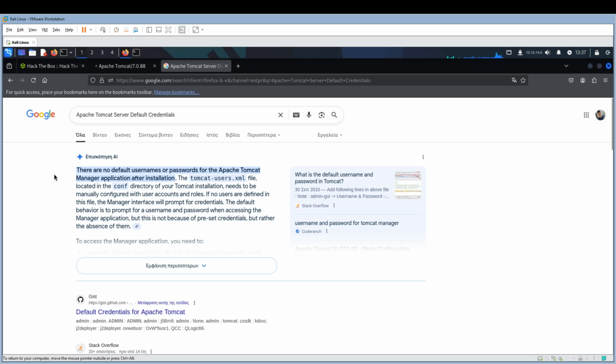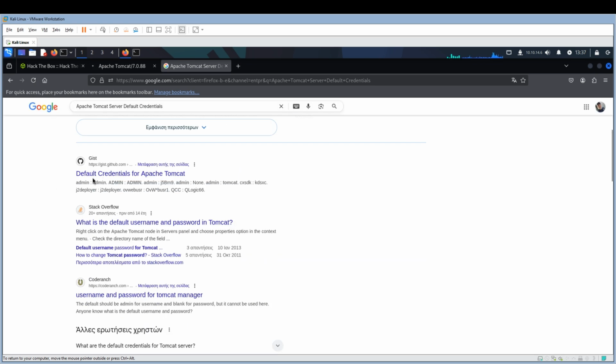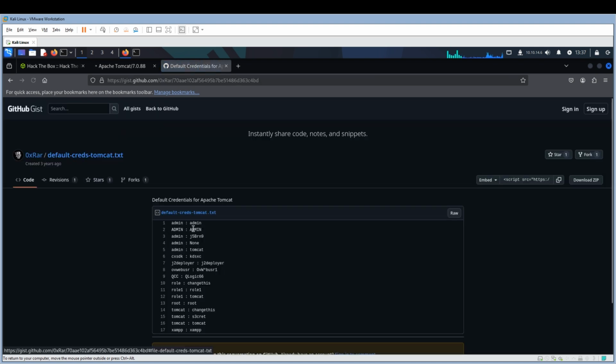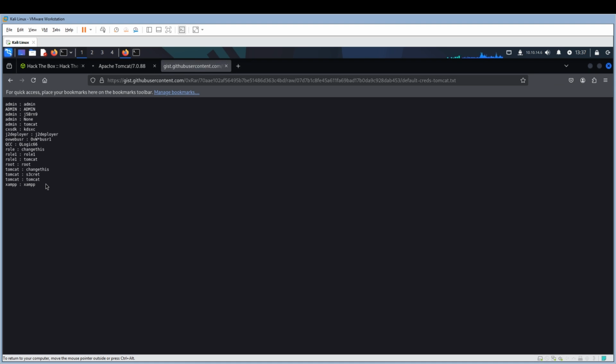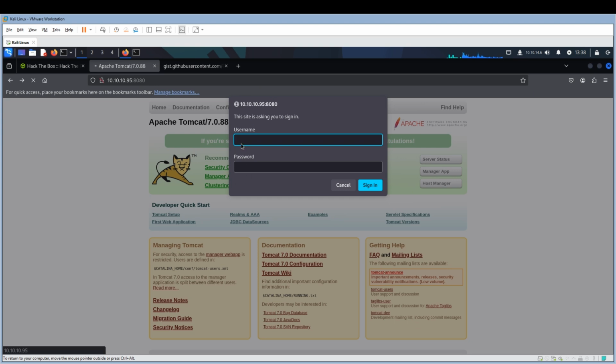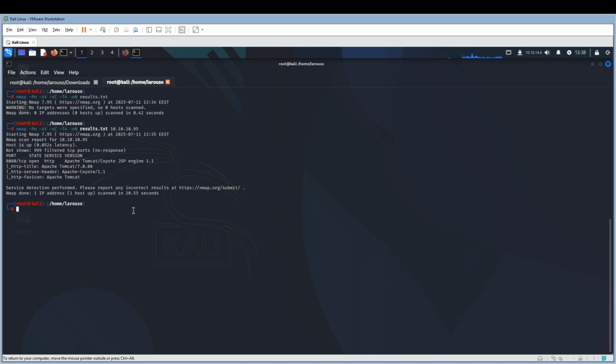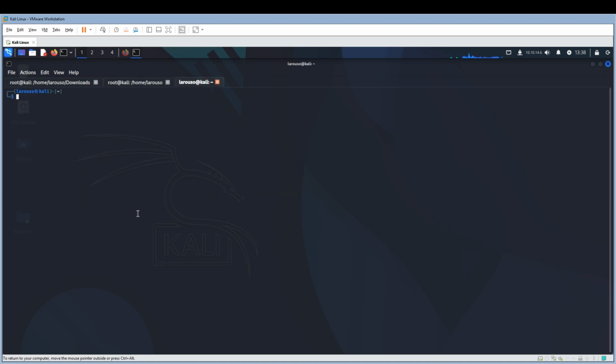All right, and here we have a GitHub link. Yeah, let's see the raw file. All right, so as we see here, these tend to be the most common default credentials for Apache Tomcat server if we want to log in. So I'm going to open another tab here, and I'm just gonna